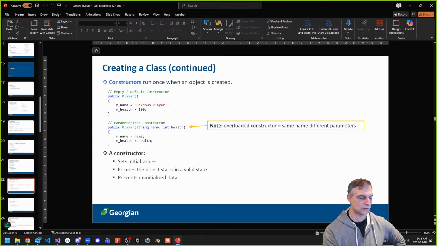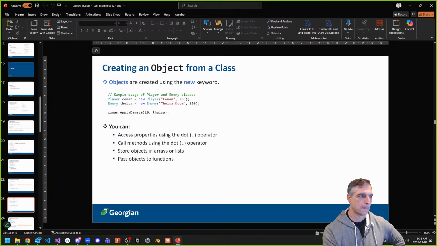I'm using this constructor. And at runtime, your program will know which constructor you're using based on the parameters you're passing into the code, right? If you pass parameters in the wrong order, or if you don't pass enough parameters, and none of the constructors match, you'll get an error. It won't allow you to do it.